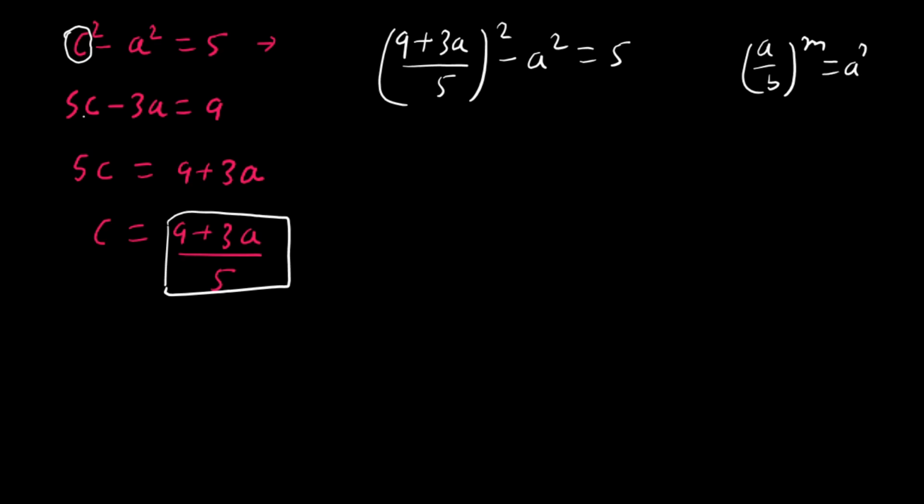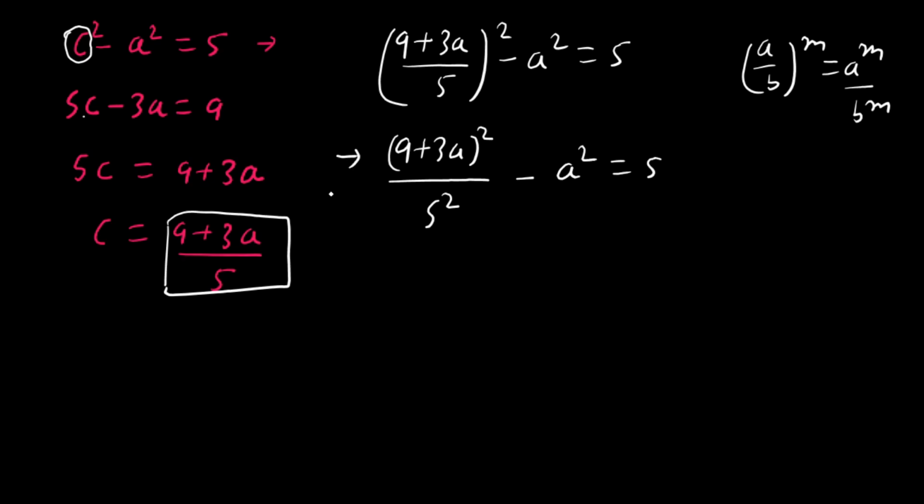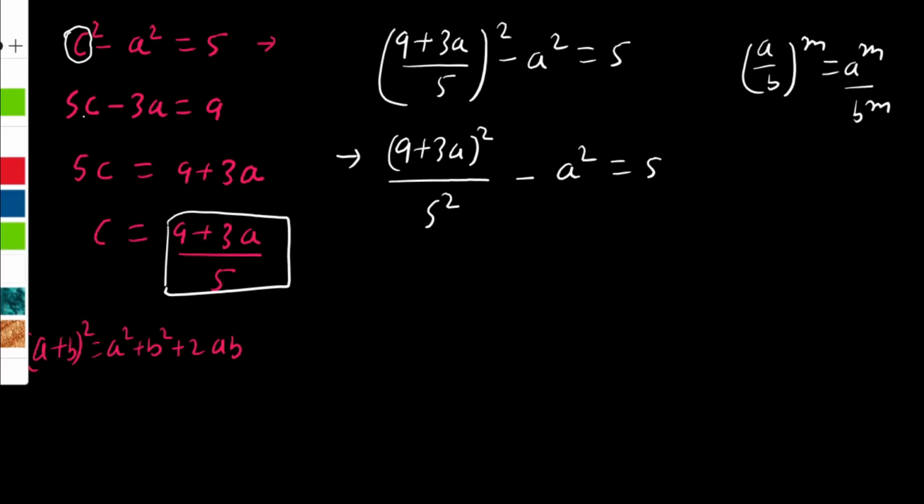This is equal to a power m divided by b power m. Then (9 + 3a) whole square divided by 5 square minus a square is equal to 5. In the numerator we will apply (a + b) whole square. We know that (a + b) whole square is equal to a square plus b square plus 2ab. If we apply this rule, then